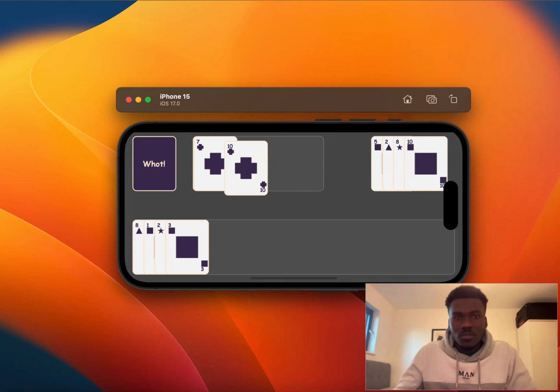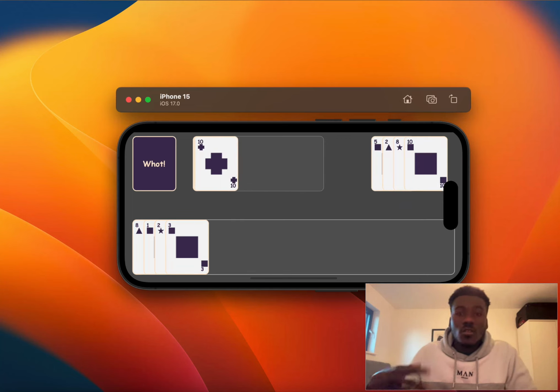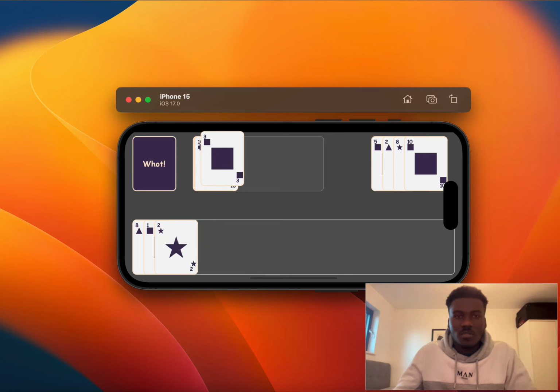And now it's the turn of the AI to play. Obviously when this game is done, these cards will be flipped upside down and you can't see your AI's card, and it will be played automatically by an AI. So that's the plan for this, and just to show you how